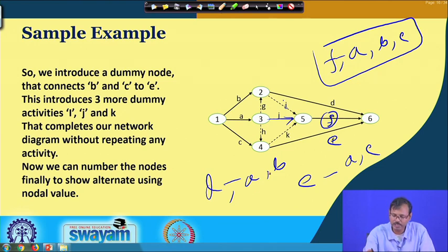So, basically by providing this additional node at this position and adding the dummy activities I, J, K to that node, we are placing an option for F, so that all the A, B, C can be the predecessors of F. So, basically these dummy jobs are giving us the opportunity to completely construct a very critical network also, where n number of activities can be added as predecessors for an activity, though they are having other dependencies also.